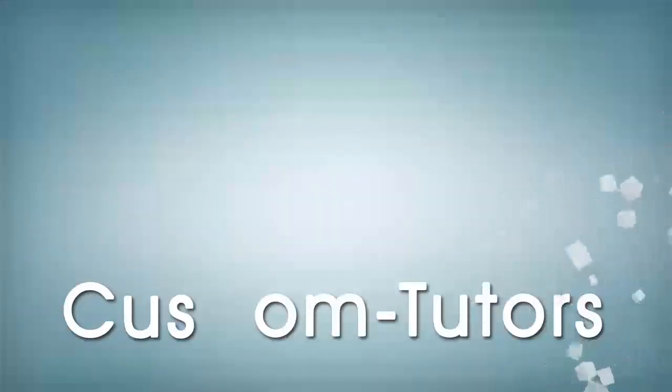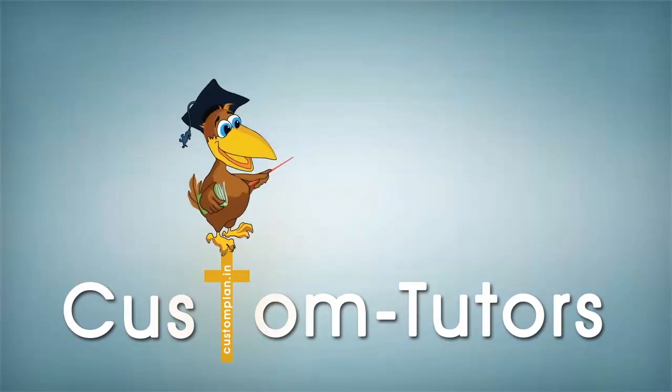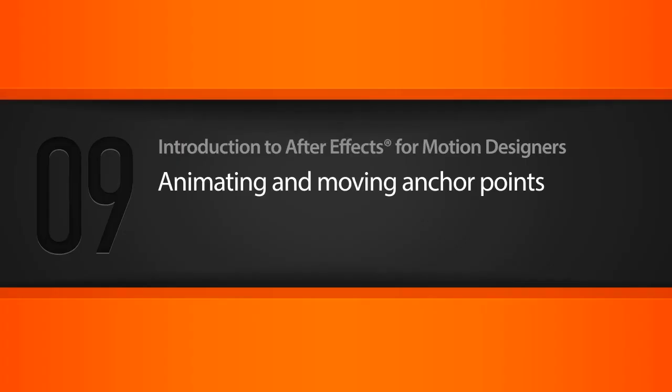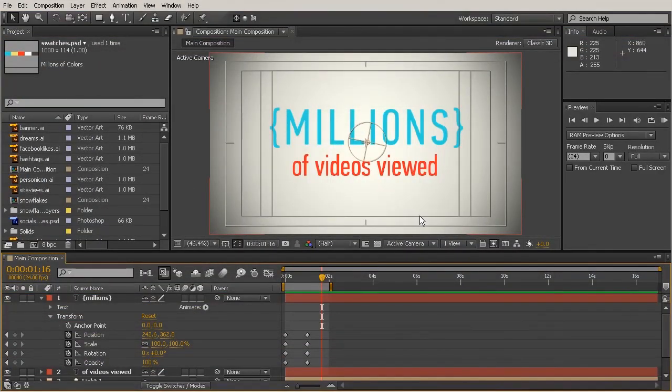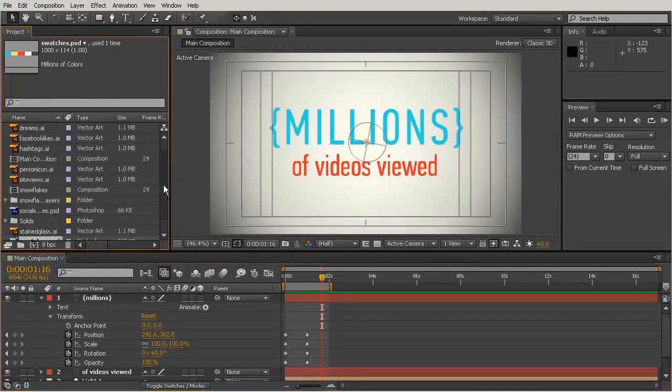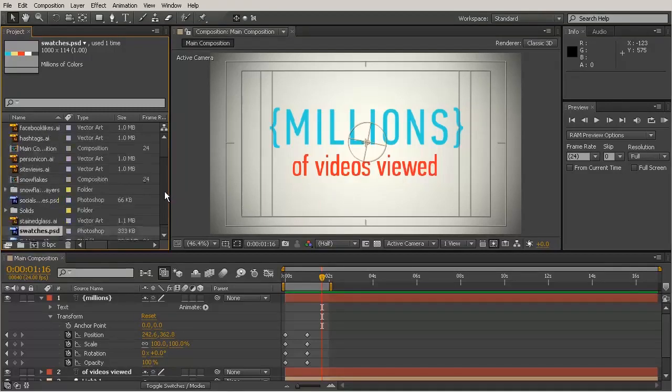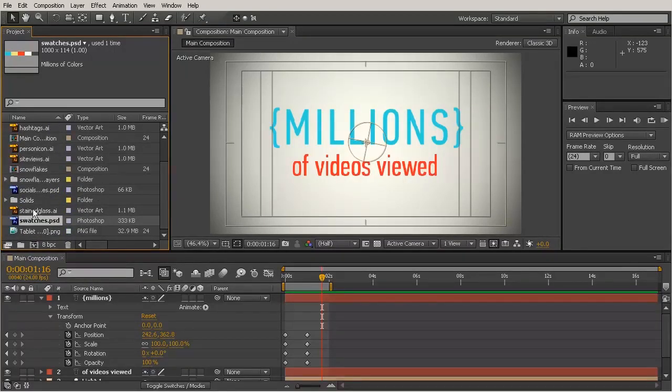In this lesson, we will discuss the anchor point and how to animate using this property. Okay, so I want to step away from our main composition here for a moment and create a new composition with a layer that I have imported, or a file that I've imported here on the left. So I'm going to be working with this stainedglass.ai file, and I just want to create a new composition for